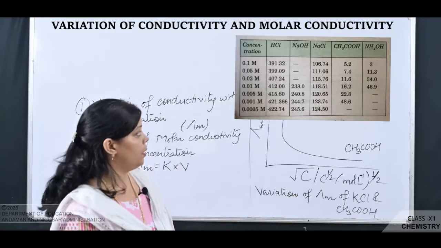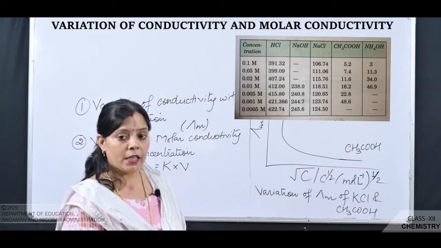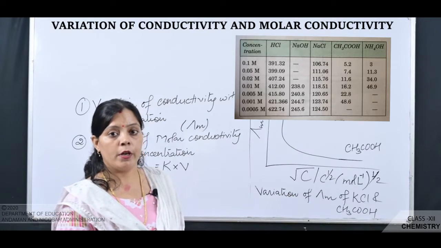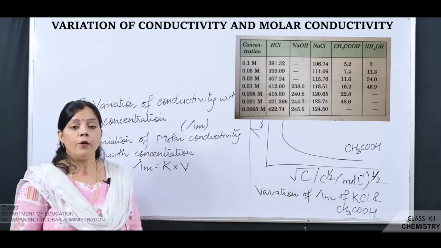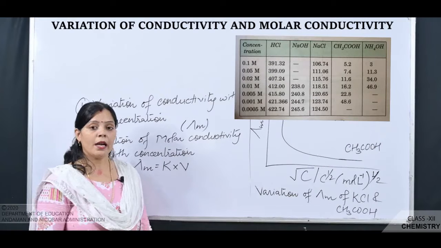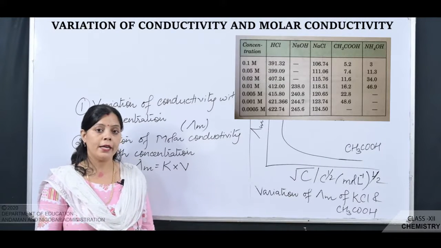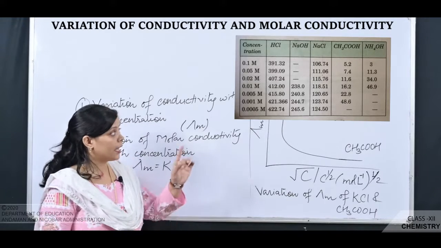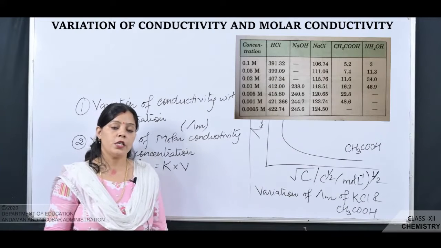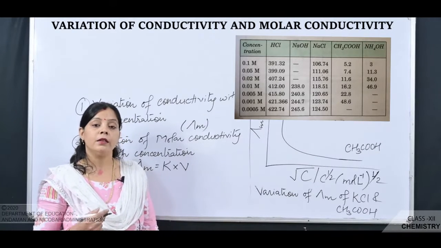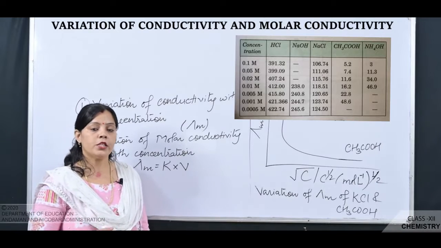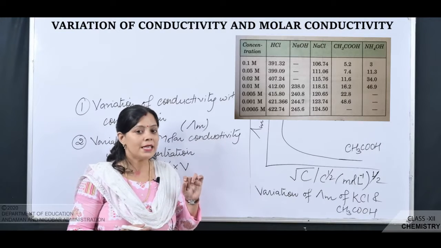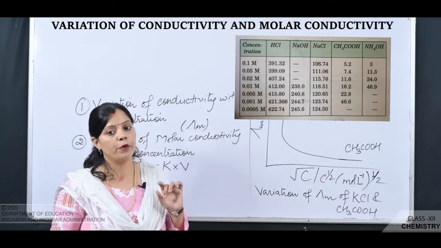Students, you can see in this table how the molar conductivity changes for different electrolytes on varying the concentration of the electrolytic solution. From this table, we find that the molar conductivity value for a strong electrolyte is larger than that of a weak electrolyte at the same concentration. Second, the molar conductivity of an electrolyte generally increases with dilution. And third, the relative increase in the value of molar conductivity for a strong electrolyte is quite small as compared to that of the weak electrolyte.